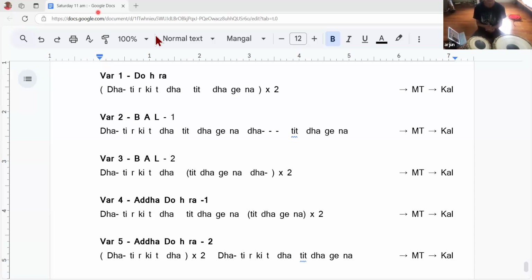Dha, tir, kit, dha, tit, dha, ge, na, dha, dha, na, tin, na, ke, na, ta, tir, kit, dha, tit, dha, ge, na, dha, tit, dha, ge, na, dha, ge, na, no, dha, Arjun, you're having some trouble in saying single speed. dha, ge, na, dha, dha, ge, na, tin, na, ke, na, ta, tir, kit, da, tit, da, ge, na, da, da,